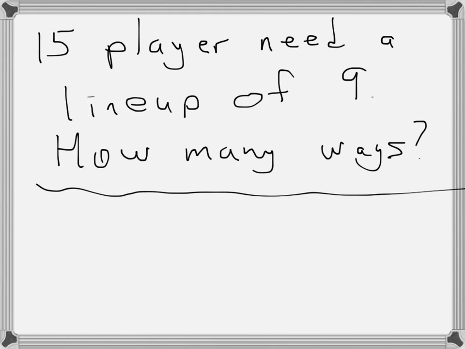Alright, take a look at this problem for practice. Let's say you have 15 baseball players and we need a lineup of 9 players. Now in a lineup it's very important what the order is, so picking 9 players is not just enough. We need to order those 9 players. So pause your video and try to answer this question. Assuming you've paused your video, the answer here is 15 permute 9,